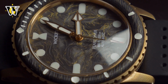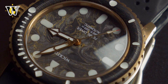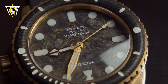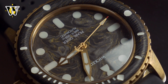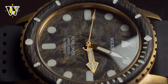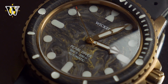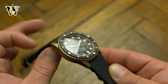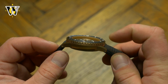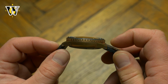The two variants that I mentioned are based on the movement you choose, but the difference is not only in the movement. Based on whether you choose the Japanese Seiko NH35 or the Swiss-made STP-111, you will not only get a higher beat rate and a smoother seconds hand with one over the other, but also the case and crystal change. With the Seiko-powered variant, the case is thicker at 13.7mm, and the crystal is a Chinese-made 3.8mm thick sapphire with inner AR only,